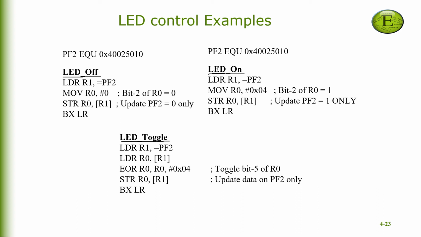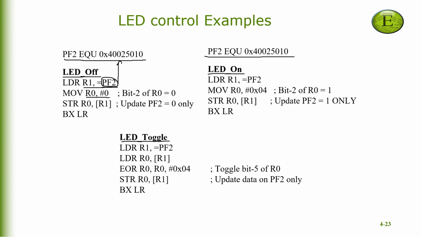So suppose that the LED is connected to bit 2, or pin 2, of port F. And if we are interested in accessing that port pin using bit specific addressing, then the address turns out to be hex 40025010. It's been redefined over here. So repeating the same steps that we have seen so many times already, we are going to put the bit specific address of port F pin number 2,